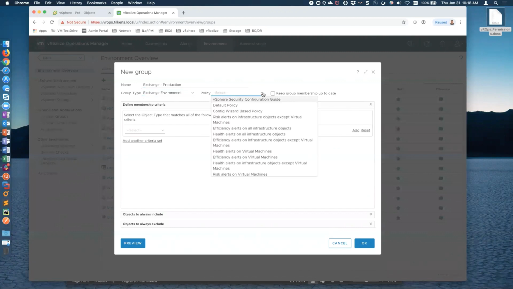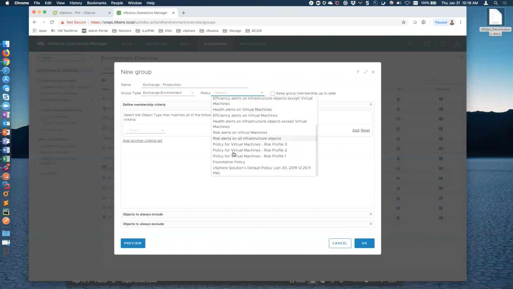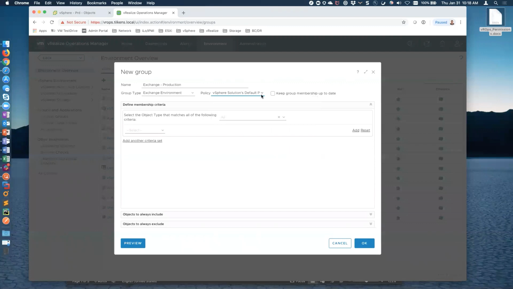Here's the power of custom groups, right? You can assign specific policies. I'm just going to assign the default one that we're using for everything. But this is where you could get in and tweak things for, you know, what alerts you're going to be notified on, what metrics you're collecting, how often you're collecting, all sorts of stuff. So that's what's great about policies. We want this to be a dynamic group, so we're always going to keep it up to date. That way, if we have a new VM in vCenter and we tag it, it's automatically going to be populated in this custom group. And we want to define this group based off of virtual machines,